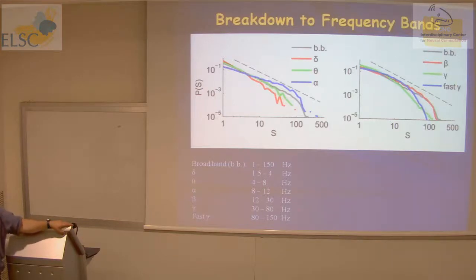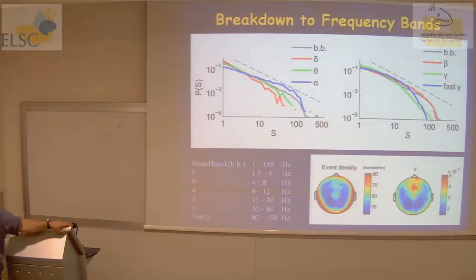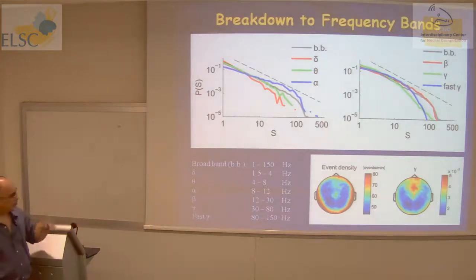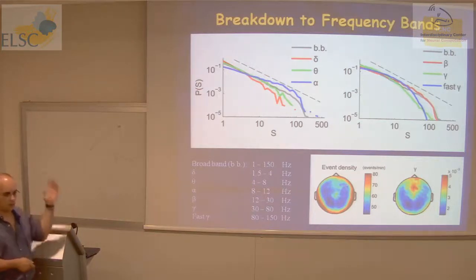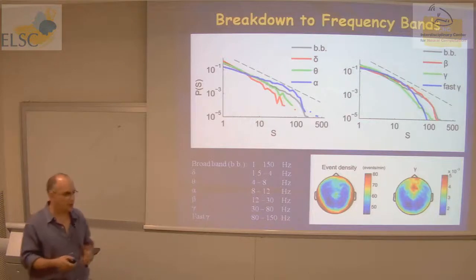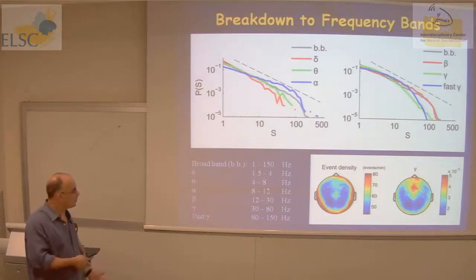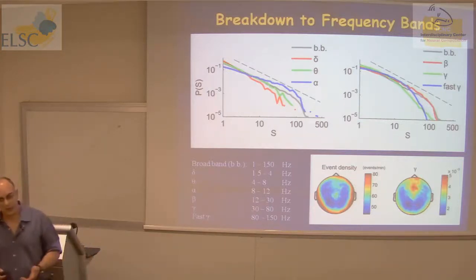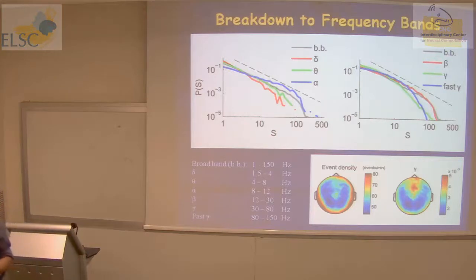Now, we did some analysis of, for instance, the event density. Namely, this is a grand average where I collect all the events in each spatial location from all the subjects. So the hot areas reflect where you get more events, the higher density of events. And if you correlate it with the power in the gamma band, you see a very similar pattern. And if you correlate it with the high gamma, even better. Why?